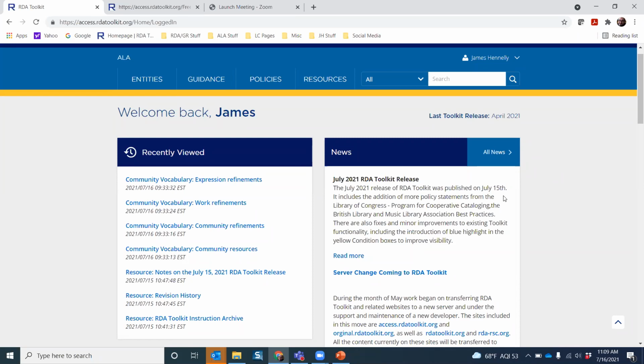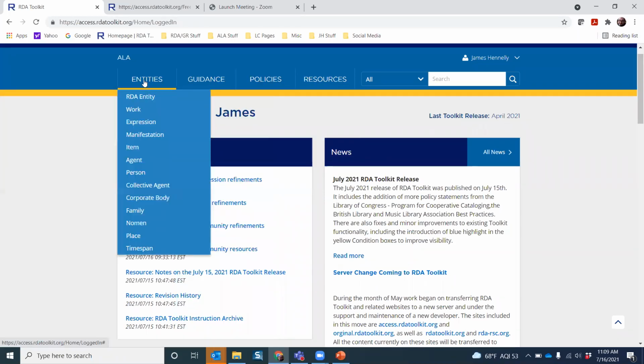So next I'm going to go through these major tabs up here. This is kind of how we've organized this new toolkit. First, around RDA entities. So these entities are not in alphabetical order. They're in what we call LRM, Library Reference Model. I've blanked on the name of LRM, even though I just told you what it was. And these are in the order kind of how they're structured within the toolkit. They are not reflecting necessarily